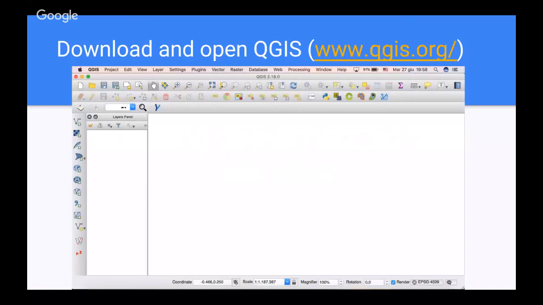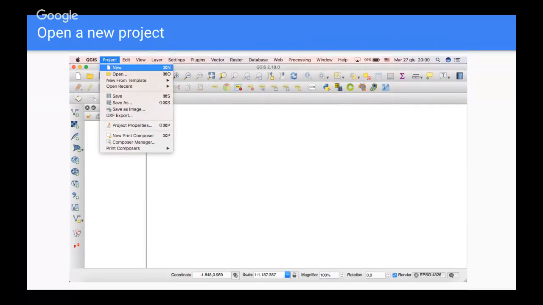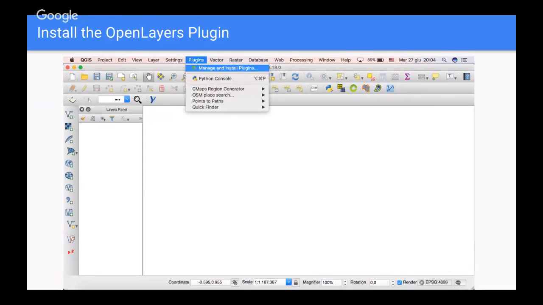So the first thing that you have to do, obviously, is to go to the QGIS.org website and download the application. Once you open it, it may take a while, but basically what you will see is this kind of interface. Obviously, you will need to open a new project by clicking on Project, and it will just display the very empty page of the beginning. It's kind of an empty canvas that you have to fill in. So the first thing that you will need is a map layer, obviously.